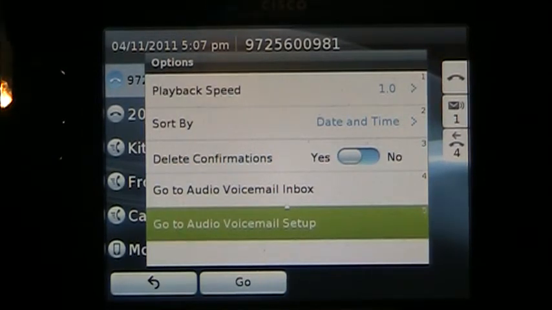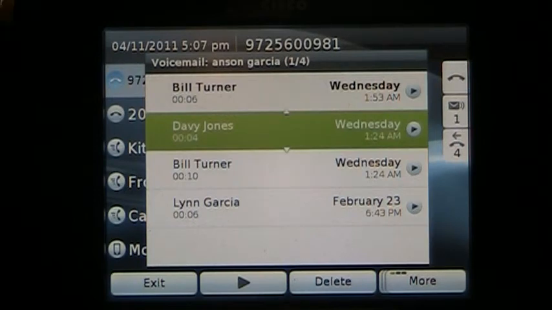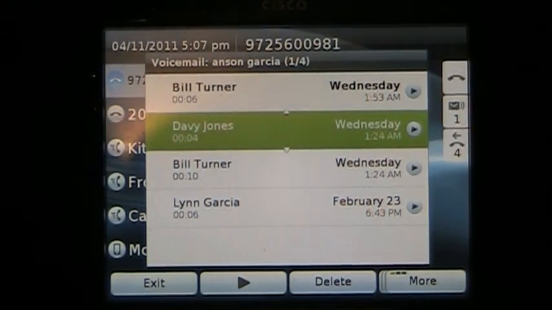So I can go right in here and choose that, and that'll take me to my greetings, and I can set up greetings and stuff like that using the TUI interface. All right, so let's go back, and now let me show you how you can play a message